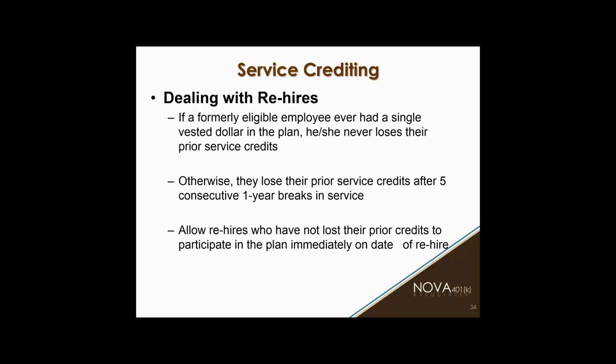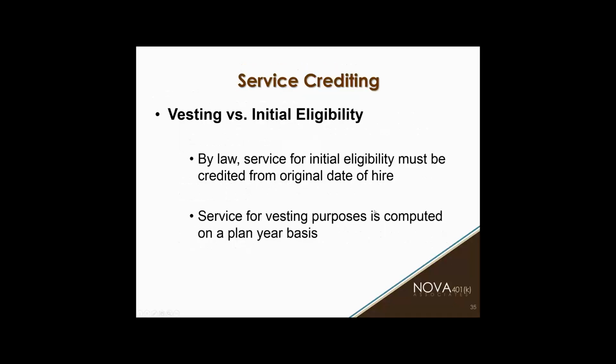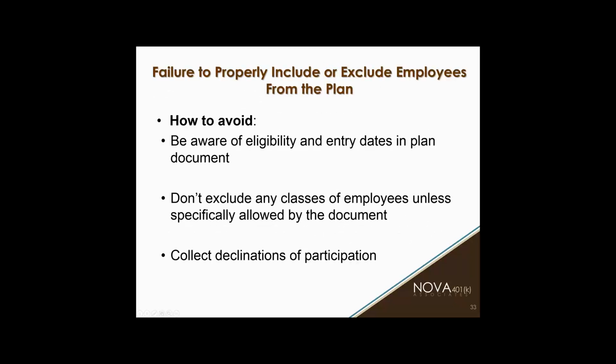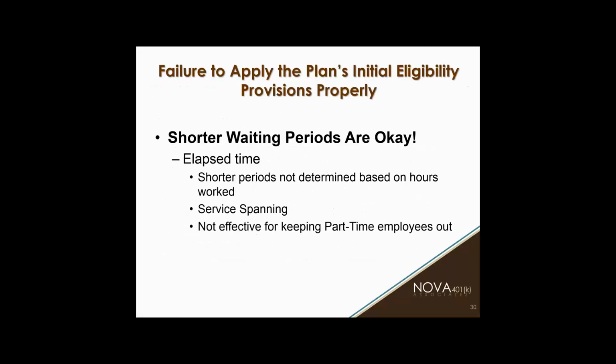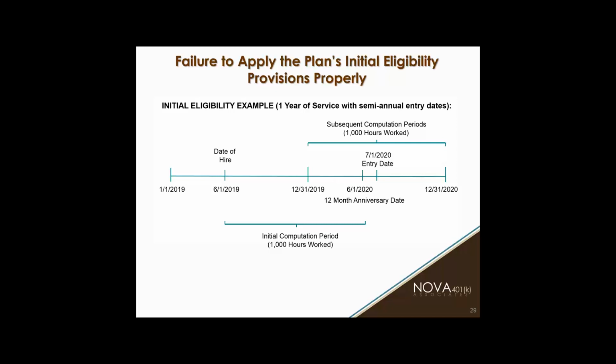That's true. So that's a good point. Again, the subsequent computation period is only if somebody did not make the 1-year wait on the first computation period. So the example I was giving was somebody here in this period only worked 500 hours or 900 hours. So they didn't get to 1,000 hours in the initial computation period. The subsequent period is for those types of individuals.